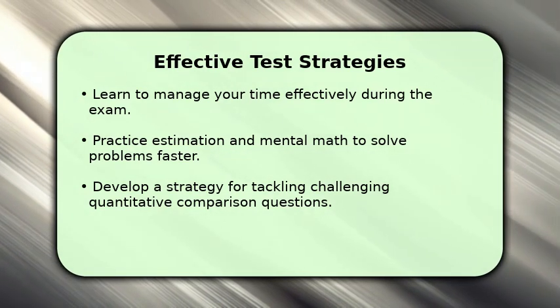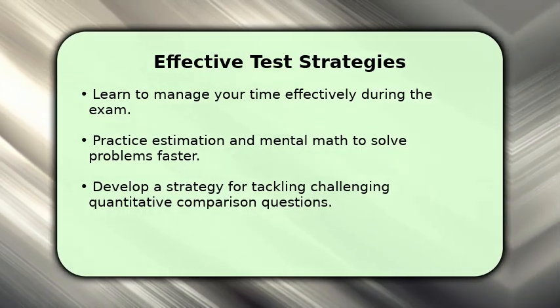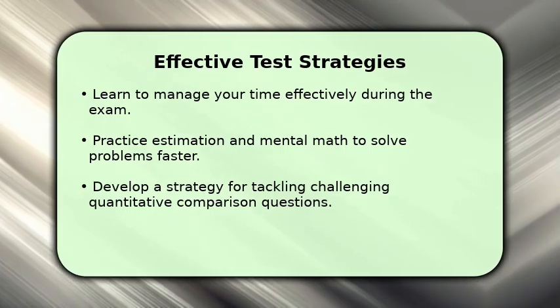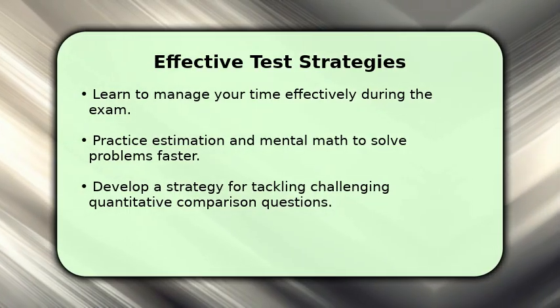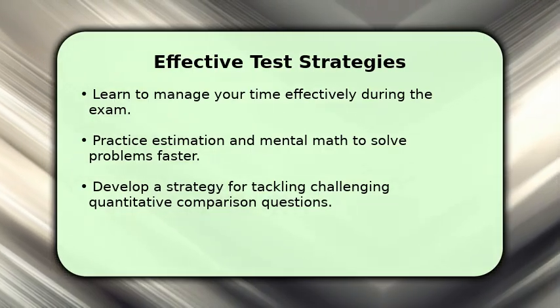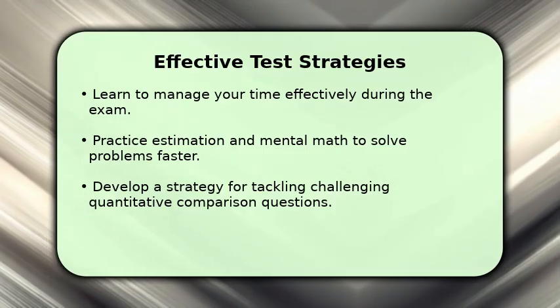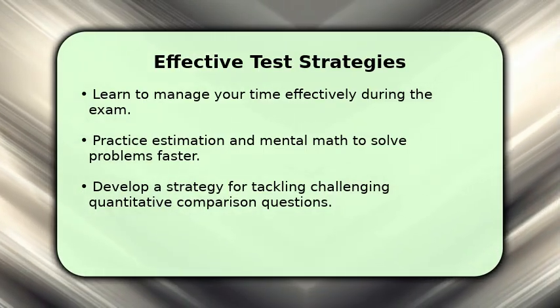Time management is crucial for the GRE Quant section. Practice solving problems efficiently, aiming for an average of 1 minute and 45 seconds per question. Develop strong estimation and mental math skills to quickly eliminate incorrect answer choices. Additionally, create a systematic approach for quantitative comparison questions, which make up approximately 1/3 of the section, to maximize your